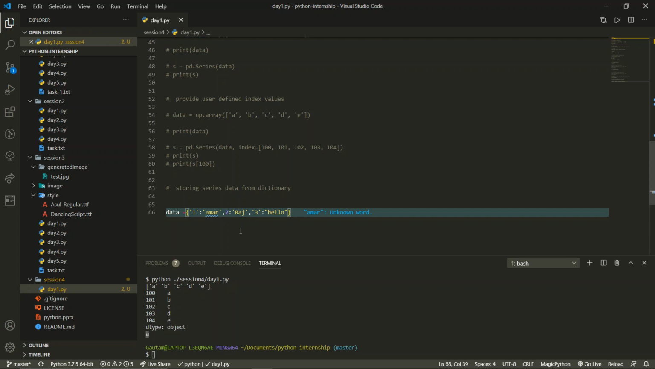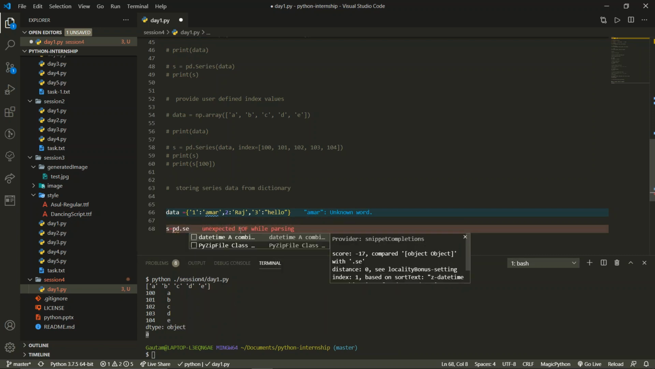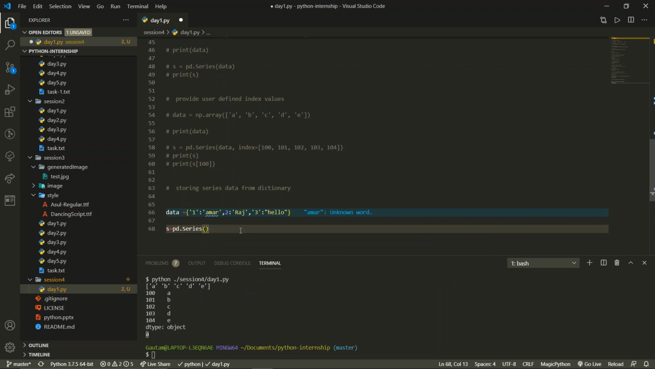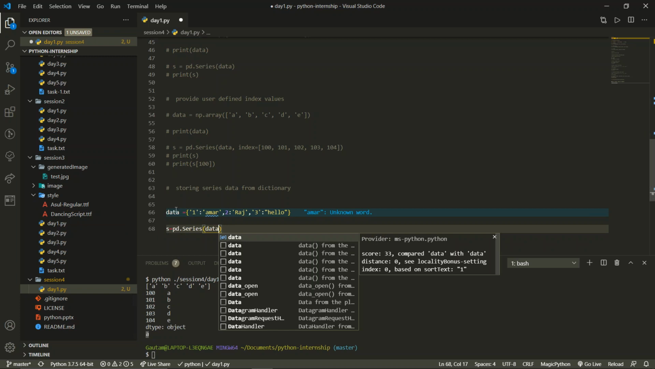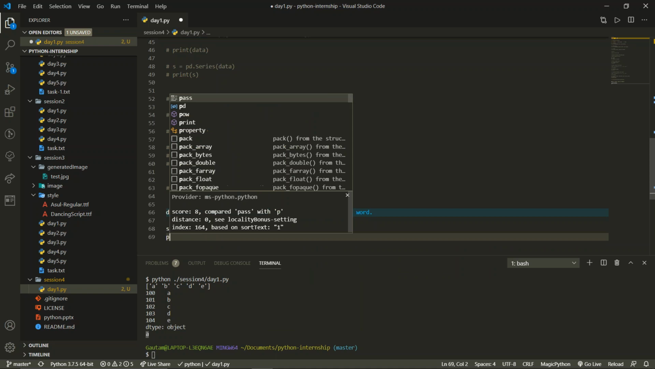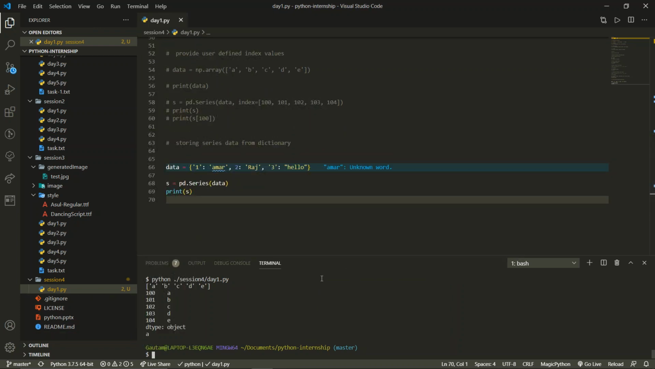So what we're going to do is put s equals to pd.Series, and inside this we're going to pass the data. Now we have stored your dictionary into a data variable. We'll take this variable over here, store the series, and now we'll just print s. If we execute this code,